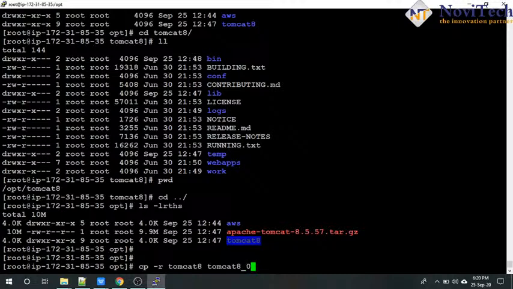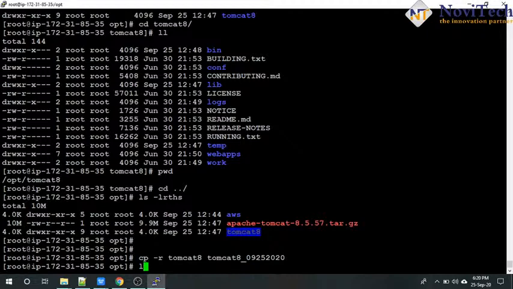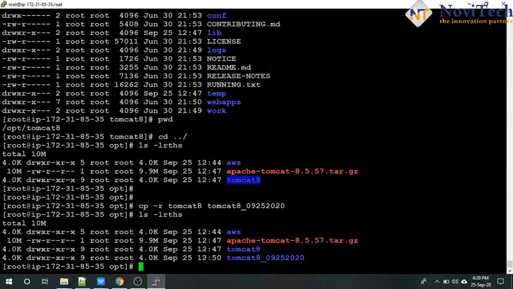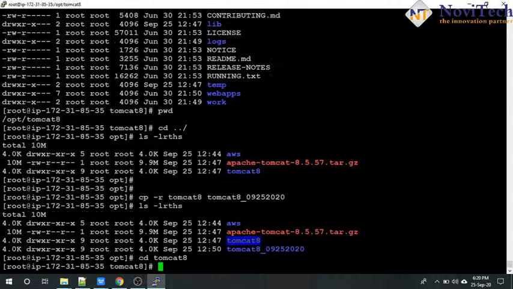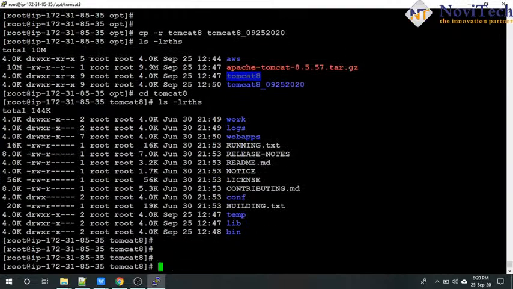Today's date is 09/25/2020. I have taken the backup of my entire Tomcat. If anything goes wrong, you can replace it with this file. Okay, so just enter here and then enter here, and then you need to start the Tomcat with the